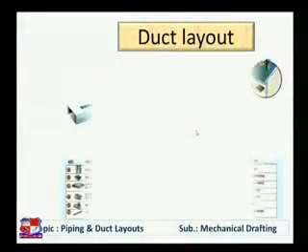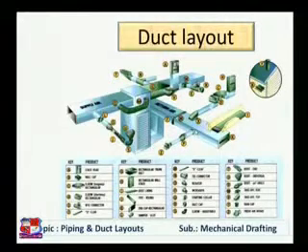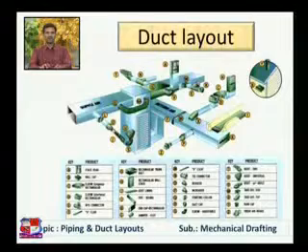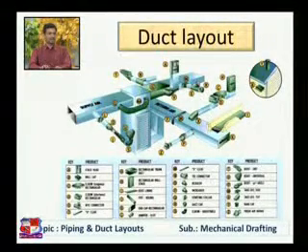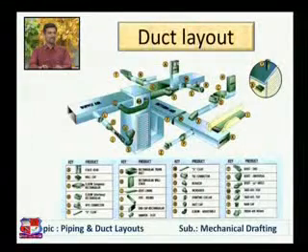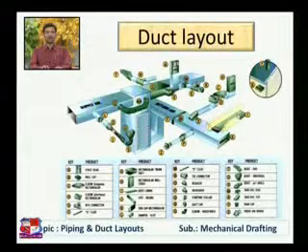Next case of the duct layout. This is another case of duct layout. An isometric drawing of a duct layout is shown over here. The name of each element is shown over here. A is stack head, B wall cap, C elbow and onwards, D, E, F, G, H. All elements are named over here: boot end, rain cap, fresh air intake, etc. So this is one isometric drawing of a duct layout.